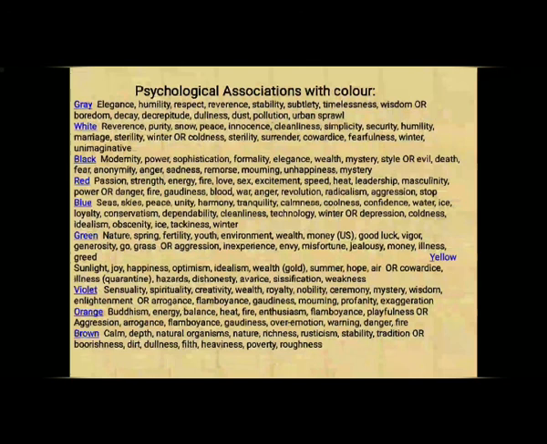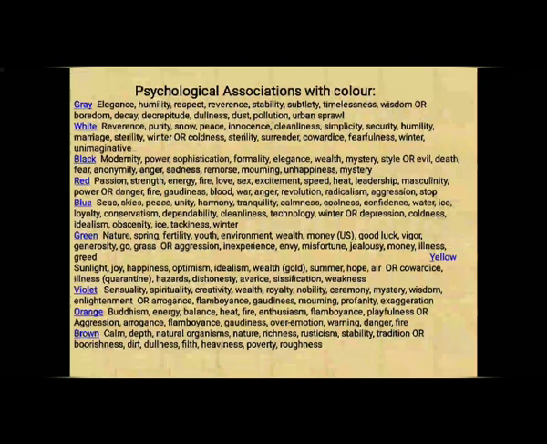Green: nature, spring, fertility, youth, environment, wealth, money, good luck, vigor, generosity, go, grass, or aggression, inexperience, envy, misfortune, jealousy, illness, greed. Yellow: sunlight, joy, happiness, optimism, idealism, wealth, summer, hope, air, or coldness, illness, hazard, dishonesty,